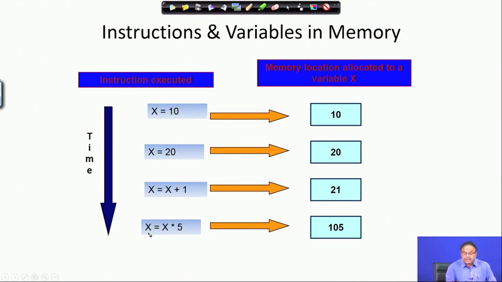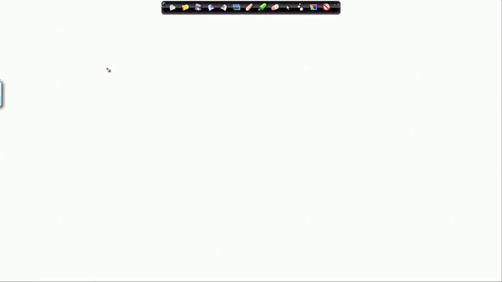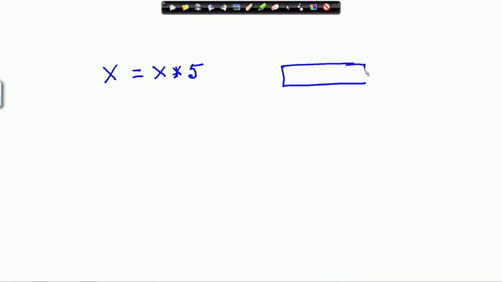Now, I am doing x assigned x multiplied by 5. So, again what I am doing? I am again doing the same thing, x assigned x times 5. So, I had x and x was 21 here.